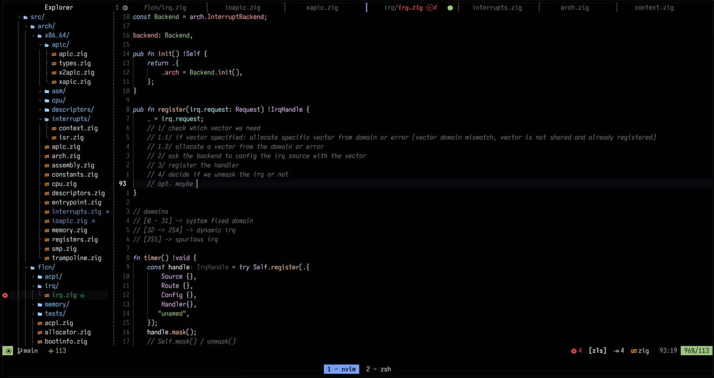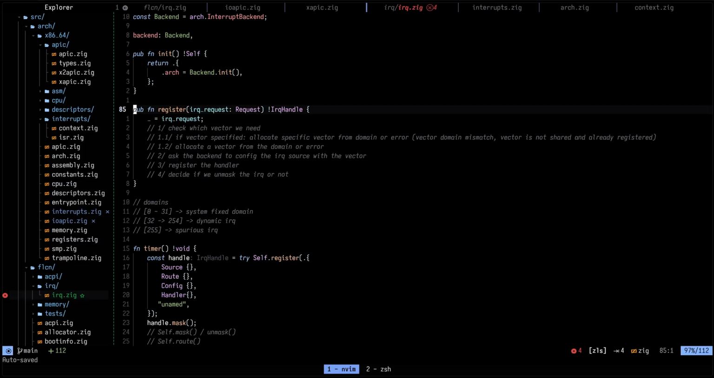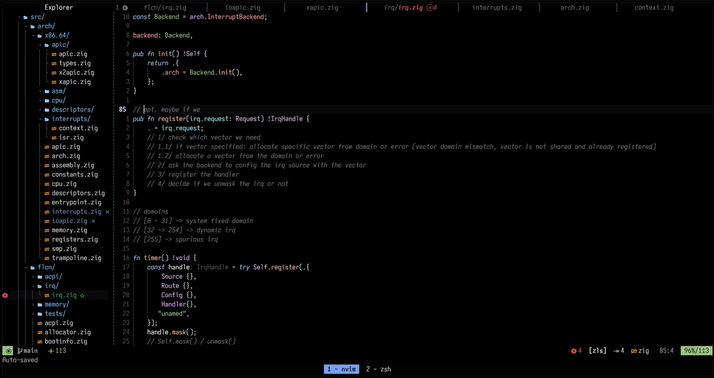Maybe if we, and I guess this might not be in register, so let's write this as a note. Maybe if we release all, how do we go about this? If we release all handlers for a given IRQ or vector, we auto mask that vector. Yeah, so